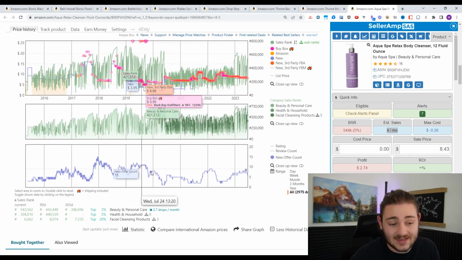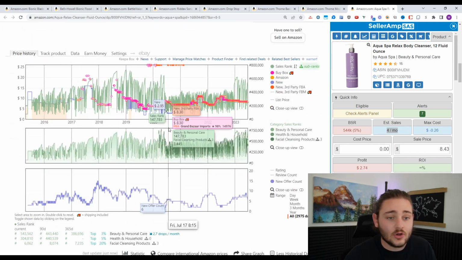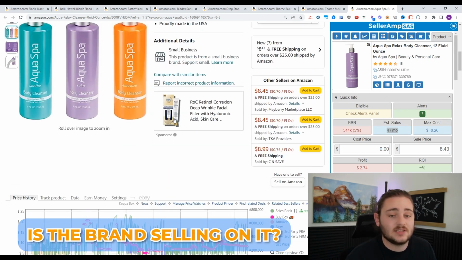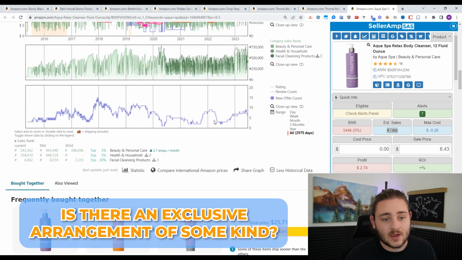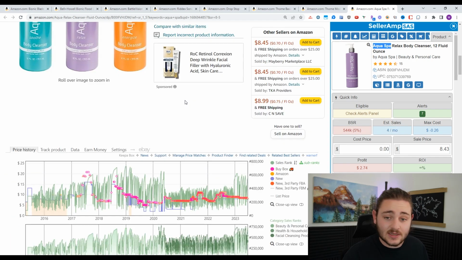Even though the IP alert says it might be an IP complainer, always go in and look at those other things you kind of broke down there, right? So is the brand selling on it? Is there a big cliff in the seller count? Is there an exclusive arrangement of some kind? If you don't see any of those red flags, I also think it's a good idea to just kind of